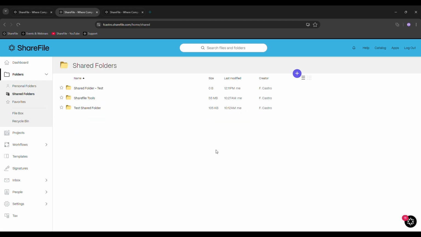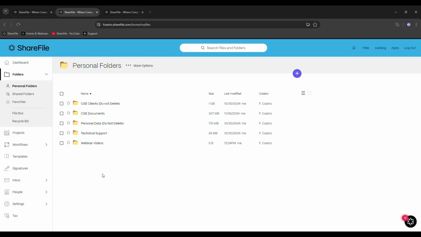Depending on your permissions, you may be able to create folders. So that is important. Maybe your administrator has not given you rights to create root folders under the shared folders, and you may have access to a couple of shared folders that other users have created. But let's focus on personal folders, and let's see how you can create a folder in this section.